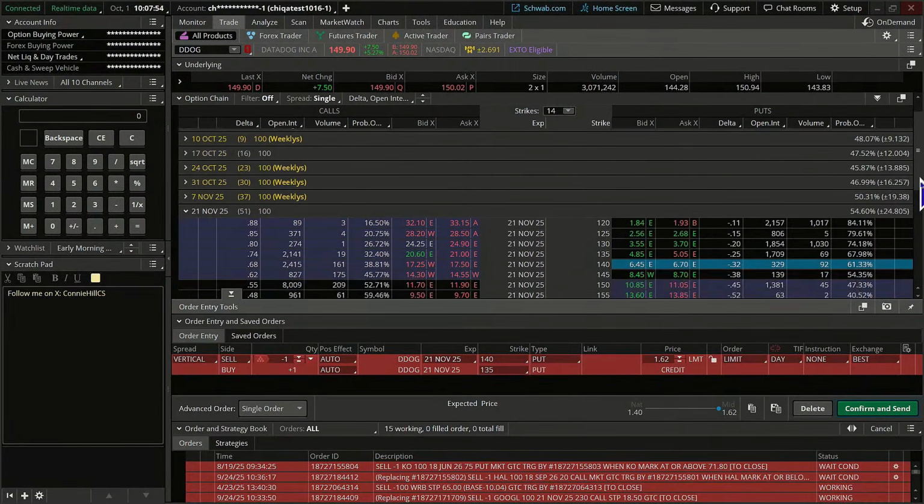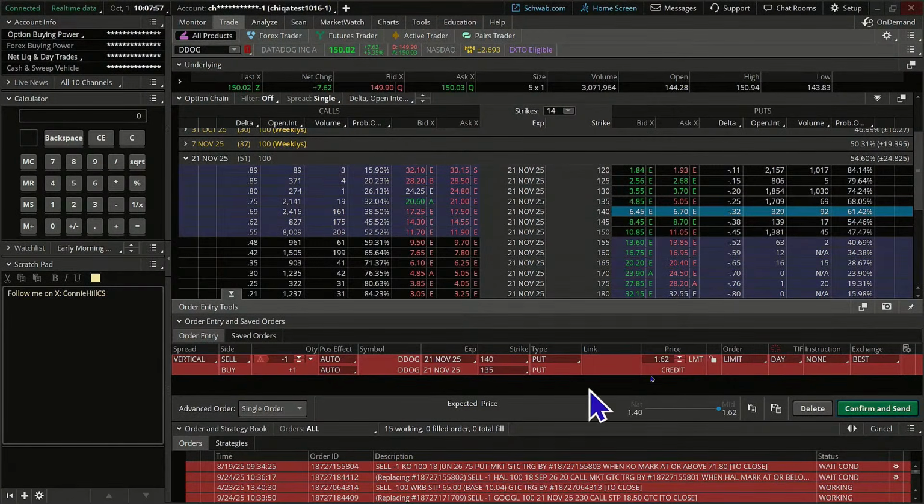Bring this chart up here. It looks like I'm going to go ahead and lock this value in. It looks like we would have a maximum gain here of $162 and a maximum theoretical loss. The spread is $5, less the $1.62, so we'd be risking about $338. That would be our max loss. Okay, so I'm just going to type these numbers here off to the side, and we'll put in our $162 as our max theoretical gain.